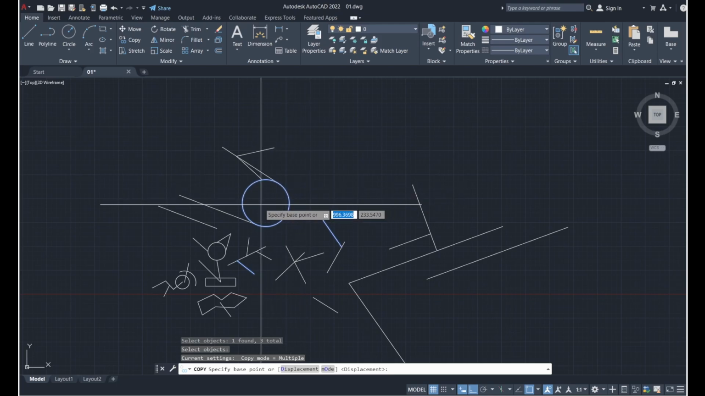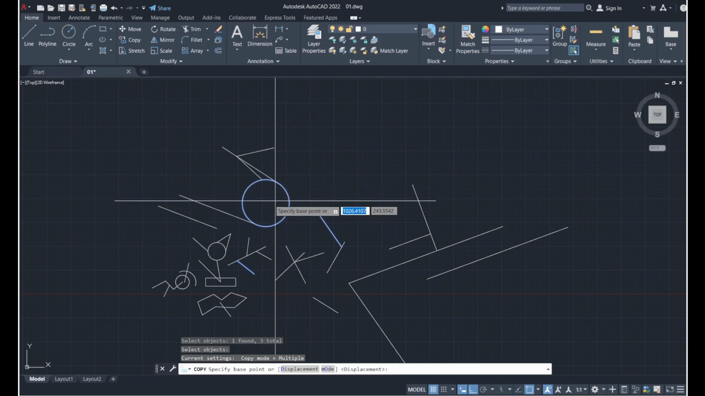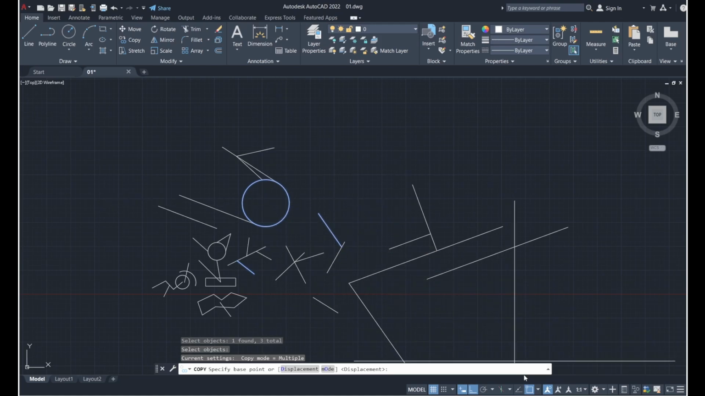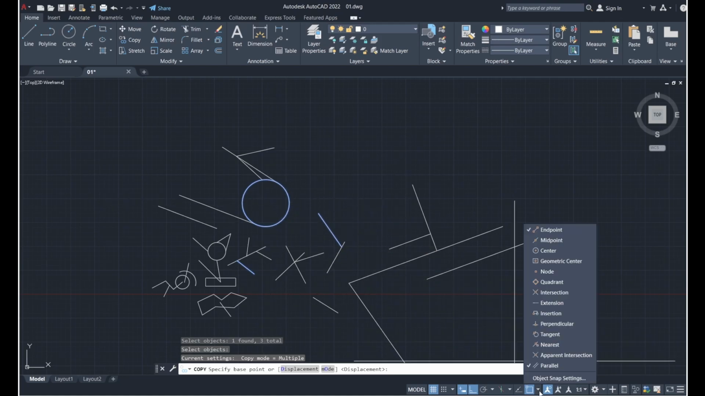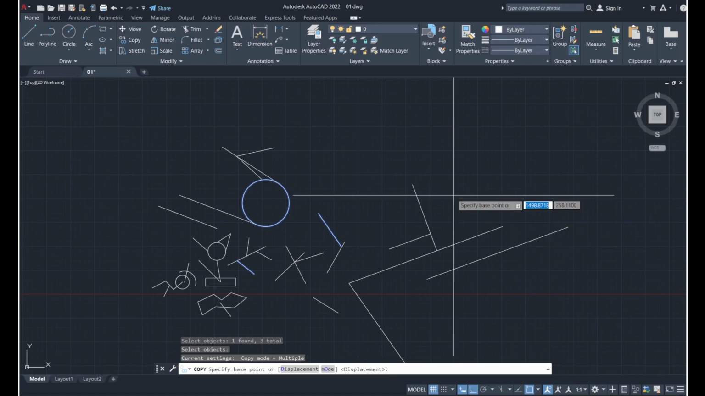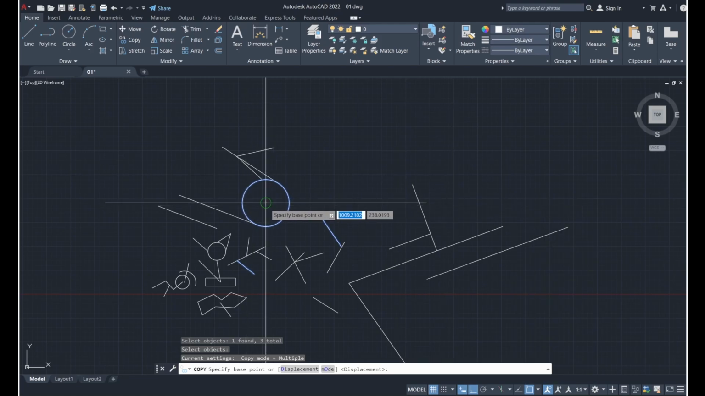So I'm going to use the center of the circle, but right now I cannot snap towards it. So I'll go to O snaps, and I'm going to enable center subgeometry. I'm going to come back to the model space, and now you can see I can snap to the center of the circle. I'm going to click there